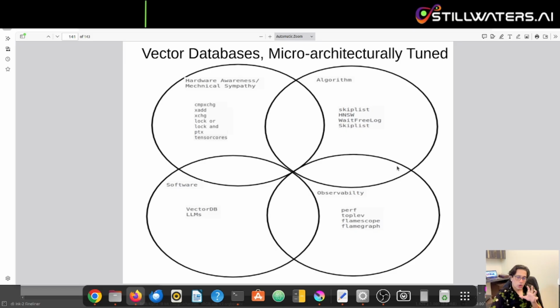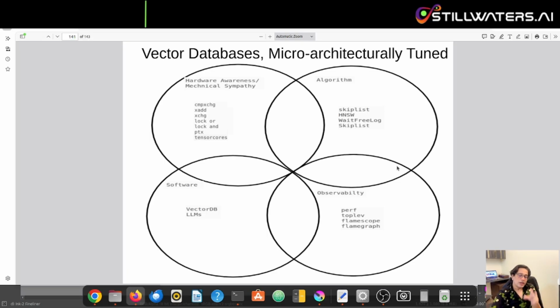So, on the hardware side, some of the instructions we saw today were compare and exchange, XADD, exchange, and a couple of them that we missed, but that's the whole idea. Lock OR and lock add are very similar to XADD and exchange. So if you've gotten those two, a little read up on lock OR and lock add would set the matter